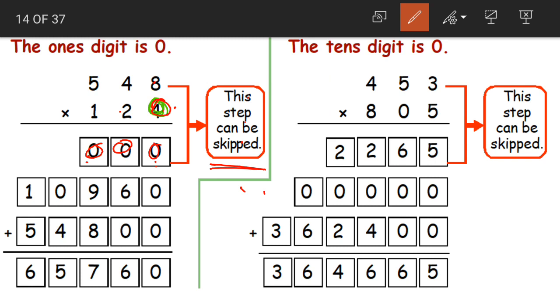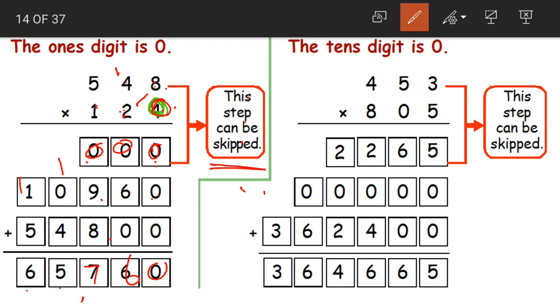Next, after ones we go to the tens. 2 into 8, before multiplying place a 0. Yes, 2 into 8 is 16, 6 here, 1 carry, 2 4s are 8 plus 1 is 9, 2 5s are 10. Coming to the hundreds place, 2 zeros, 548 ones are 548. Now let us add and see. Let us add the partial products. 0 here, 6, 9 plus 8 is 17, 7 here, 1 carried, 1 plus 4 is 5 and 1 plus 5 is 6.